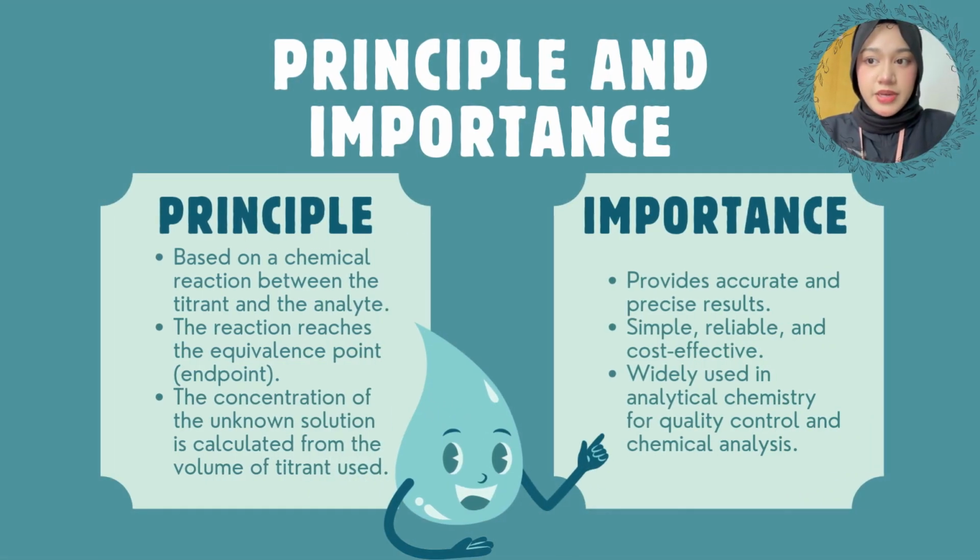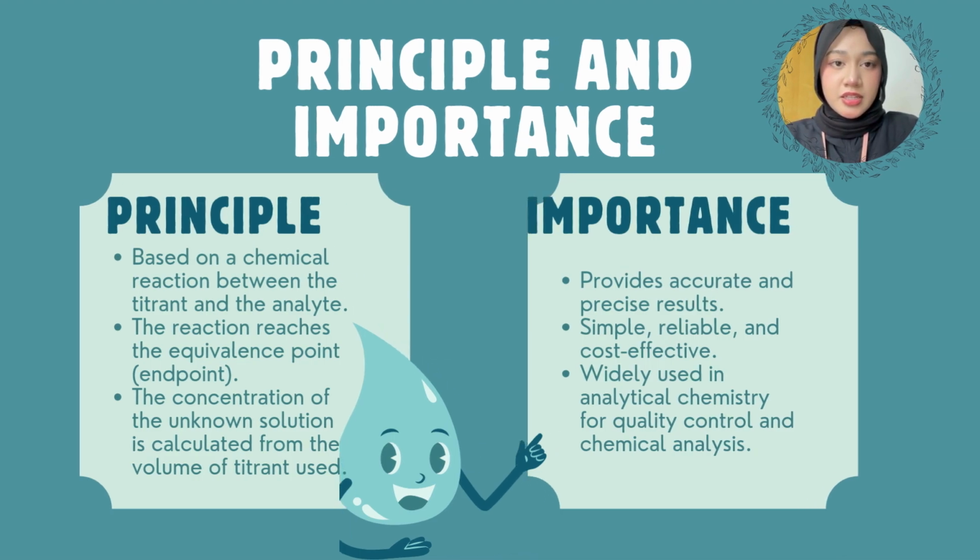Volumetric analysis works based on a chemical reaction between two solutions, which are the titrant and the analyte. During the process, the titrant is added until the reaction reaches the equivalence point, where the amount of titrant is exactly enough to react with the analyte. From the volume of titrant used, the concentration of the unknown solution can then be determined through calculation. Besides that, volumetric analysis is important because it provides accurate and precise results. It is also a simple, reliable, and cost-effective method, which makes it widely used in analytical chemistry, especially for quality